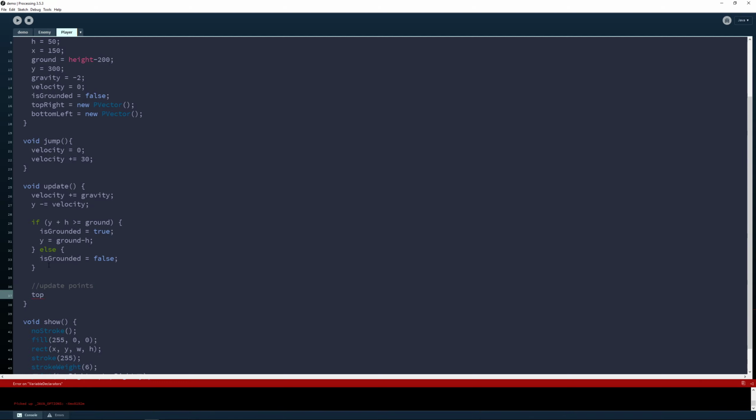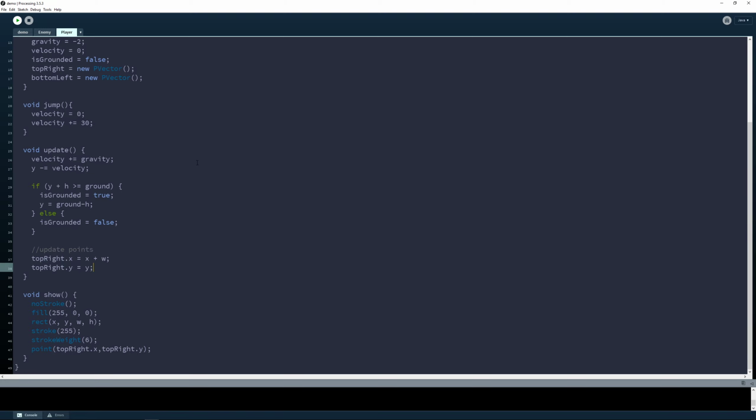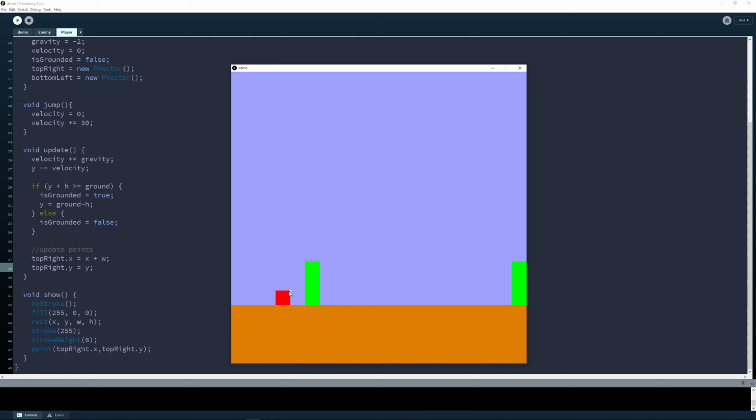So top right will be the x should be this x plus the width, and then the y, so we'll just copy this, and its y will then be this y. So we're just going to run this to see if we actually do get the point. There you can see that's top right. So now